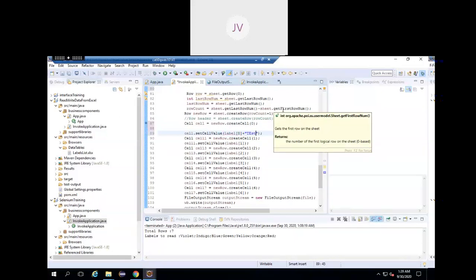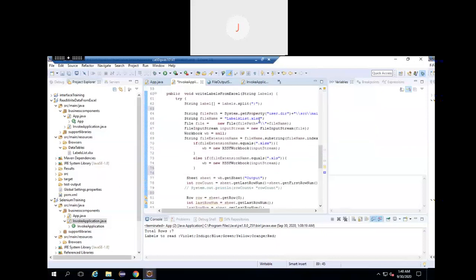Here I have used two different sheet names. That is the difference. If you want to use the same sheet, yes, you can go ahead and use it. And for multiple files, I've used the same file. If you want to use two different files, for example some other file over here, it will print in that other file. Yes, you can handle multiple Excel files.